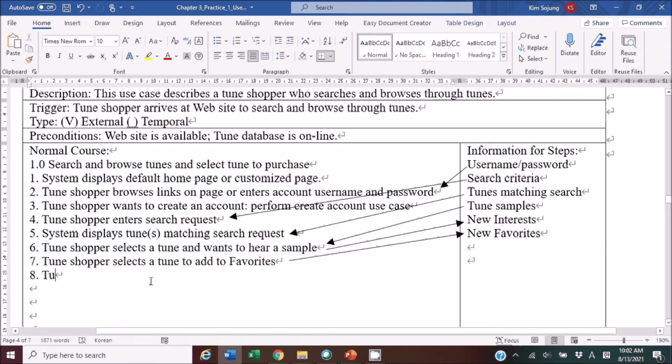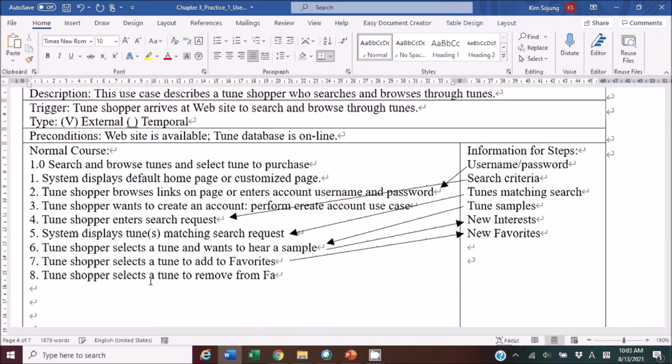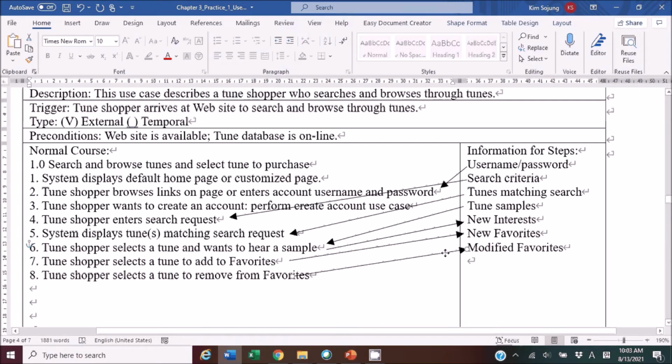Here, and tune shopper, tune shopper selects a tune to remove, right? Remove from favorite, right? And then this one is a modified or updated favorite. And you can draw another arrow from this section. And number 9,